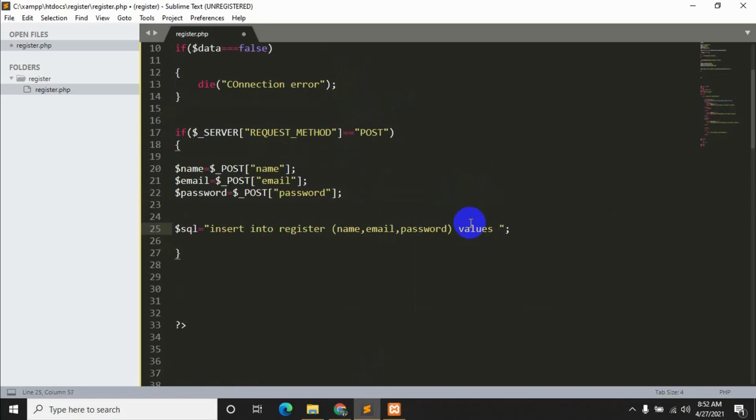After values we'll again use another first bracket, and inside this first bracket we'll write those three variables inside single quotation marks.